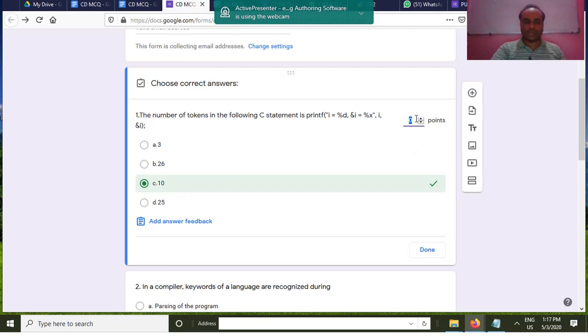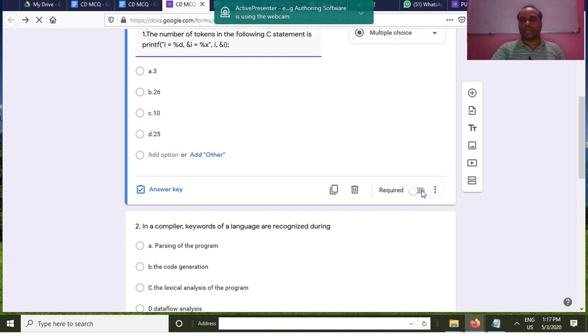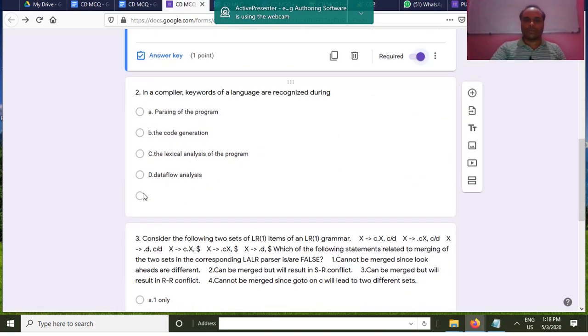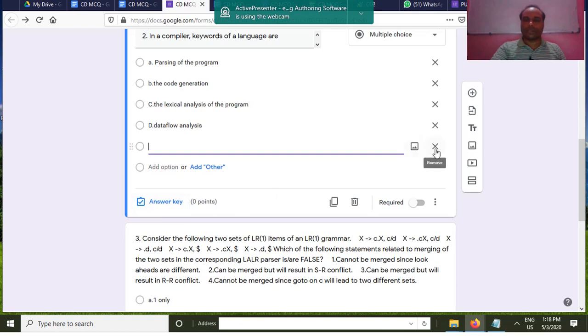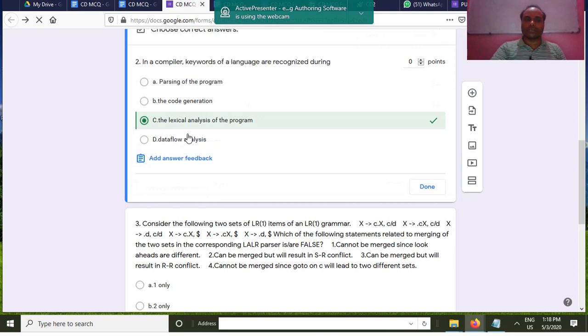What marks will the student get? 1, and you have to click done. It means you have given the grading. Like the second question also, if any extra option is there, you have to remove it. Go to the answer key and give the correct answer: select it, and a tick mark comes here, and you have to give how many marks you are going to give. 1 mark. Done.